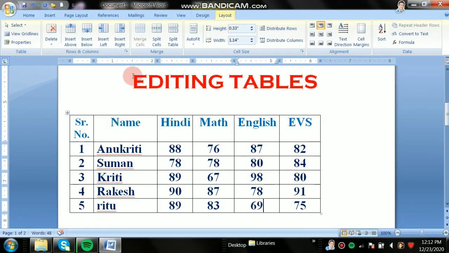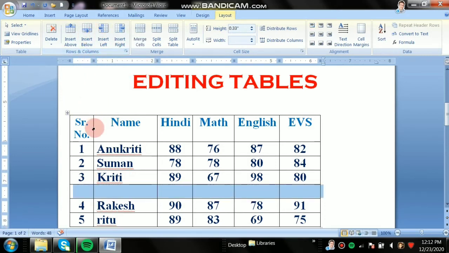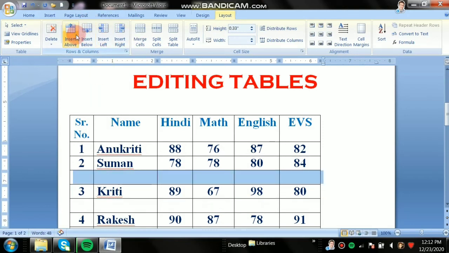If you want to add a row, just click where you want the row, above or below. Here I have clicked on the third number, and I want to insert a row below, and I want to insert a row above.